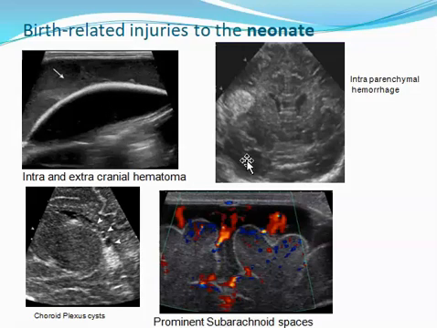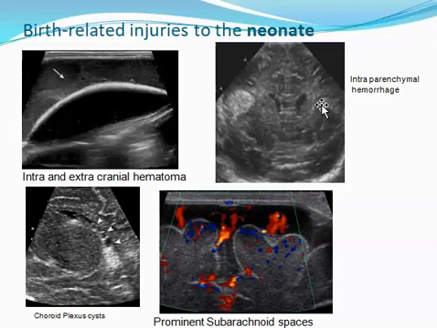Otherwise you can mistake it for a mirror artifact, which is not right. This is a hematoma, both intracranial and extracranial. So look over here, this is the intracranial, this is the scalp, and this is the extracranial hematoma, and right above this is the